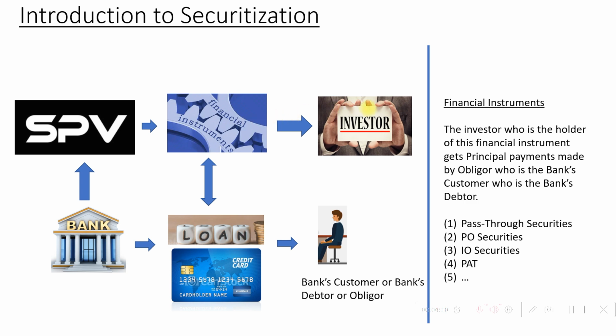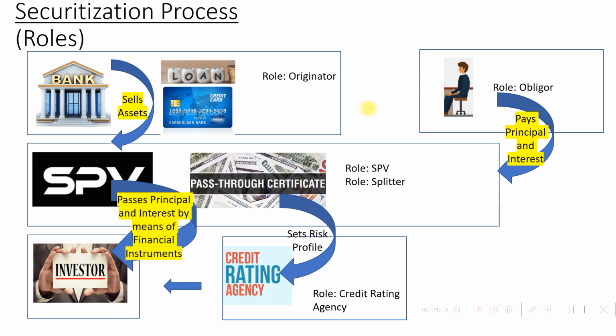Now let us take a look at the securitization process, which involves the different roles we are going to discuss. We know that banks provide loans to borrowers based on the creditworthiness of the borrowers. Borrowers repay principal and interest based on the tenor of the loan, which may be short term, for 1 year, or long term, for more than 1 year. For the bank, the loan is an asset and the outstanding portion of the loan is placed in the balance sheet of the bank.